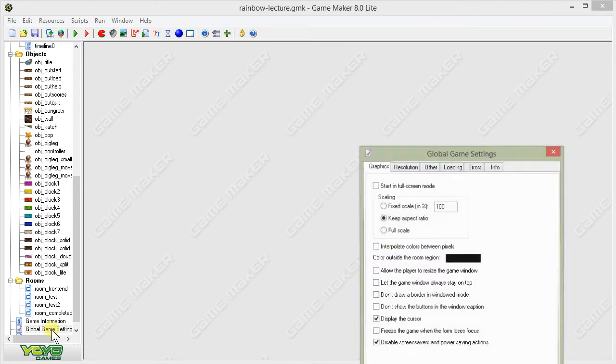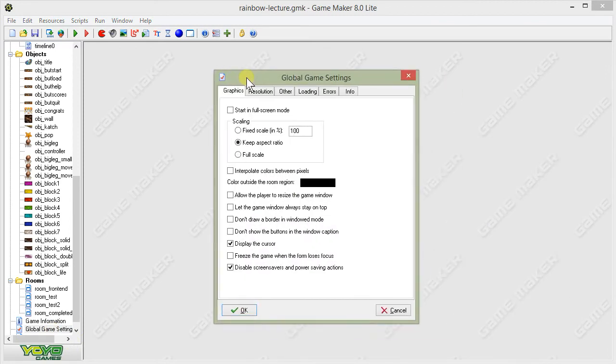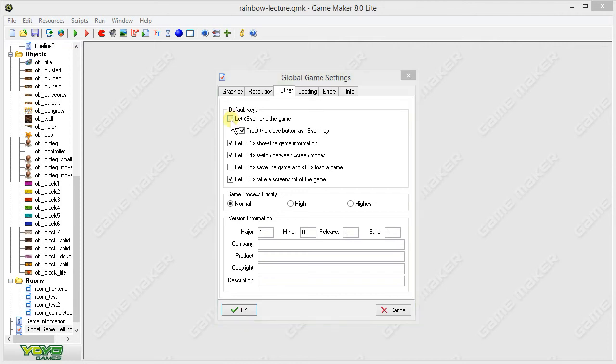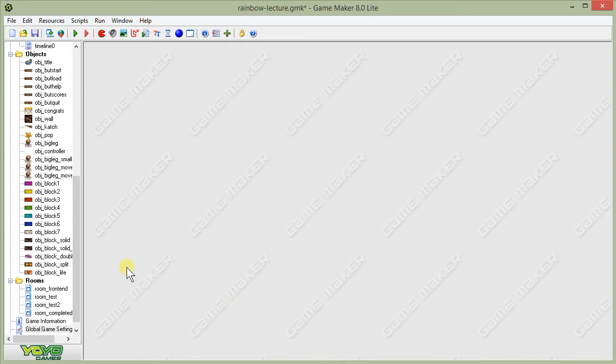So we'll need to go into our global game settings, and we'll need to make sure that we disable, under the Other tab, Let Escape End the Game. We're going to turn that off. That way it'll not work, and instead we'll set it up so that it takes them back to the first room. Once you've deselected Let Escape End the Game, let's go back to our controller object,